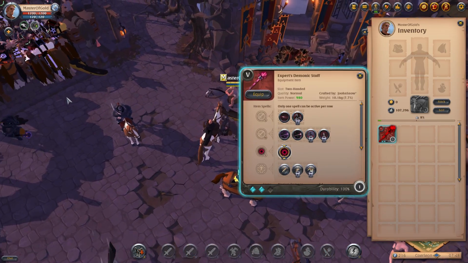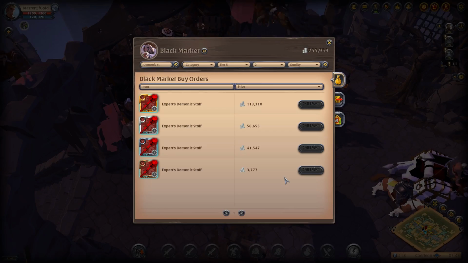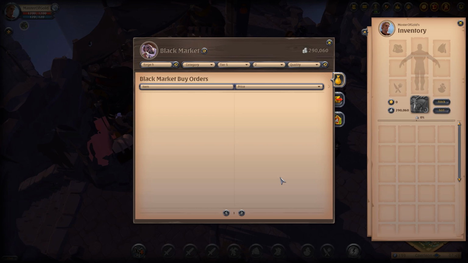I also click on just normal or good quality. I change the quality around so I can specialize in a sector of the market. A lot of people fail at looking at the prices and all the items because they're just generally looking at